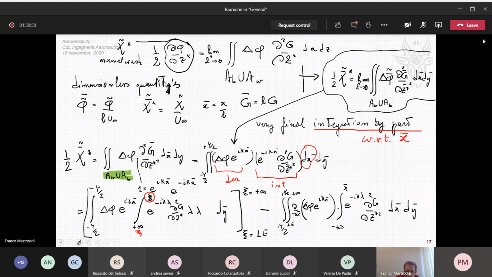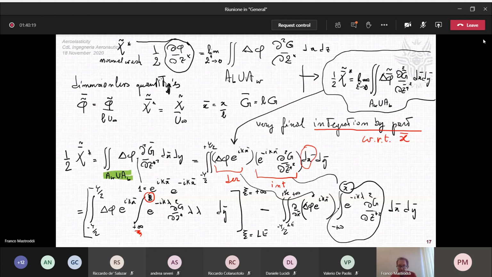Note that this is the integral of this function, and this is the derivative of the other factor. Okay,